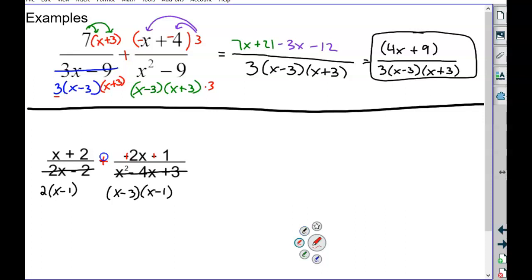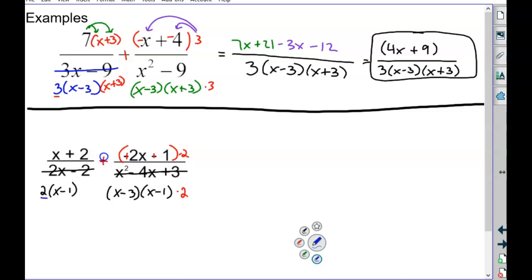So I want to look at the difference between these two. And I want to think, okay, this one has a 2 in it. This one does not have a 2. So I'm going to multiply everything up top by 2. But there might be more. So I'm not going to FOIL that out yet. But then I'm going to go ahead and look at